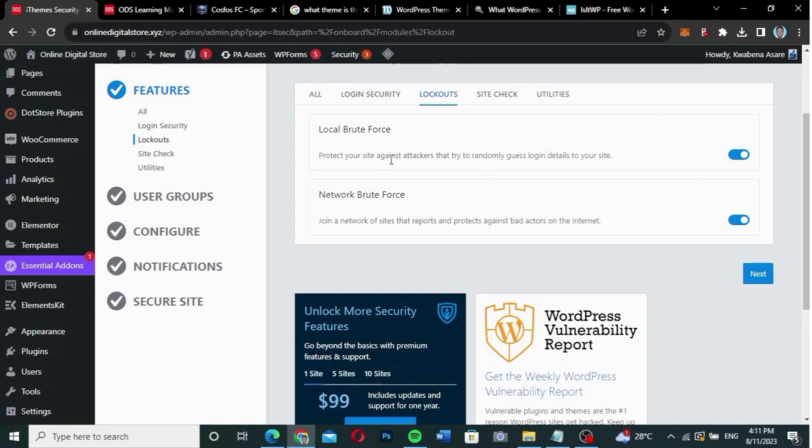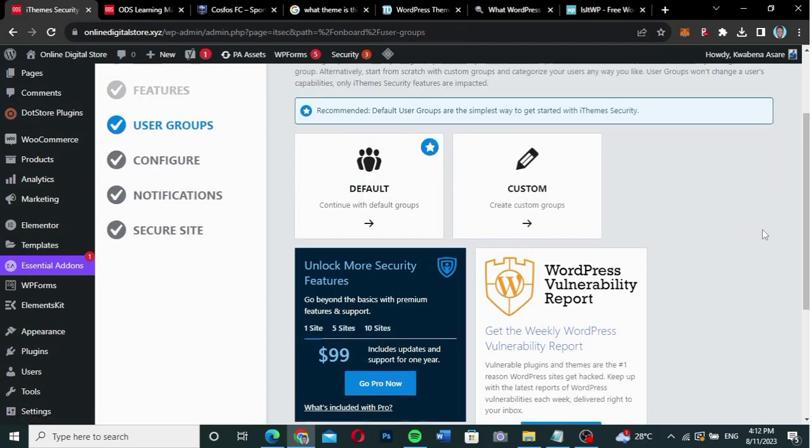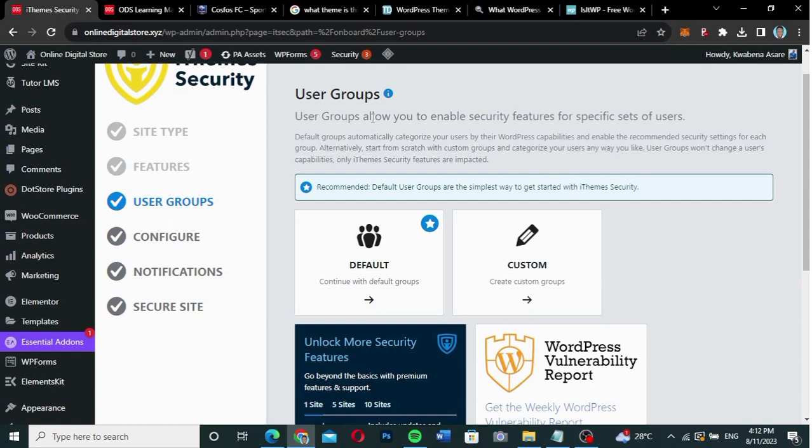And then we have logout over here also. You enable it. Now it's the same thing that we did from this place, that it is going through one by one for us. So we're going to go to utilities also, so we check it. Now the next one is user groups. User groups allows you to enable security features for a specific set of users. So maybe you want to enable some security features for a specific set of users,